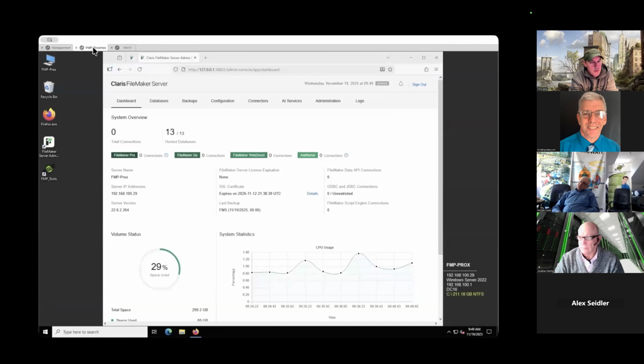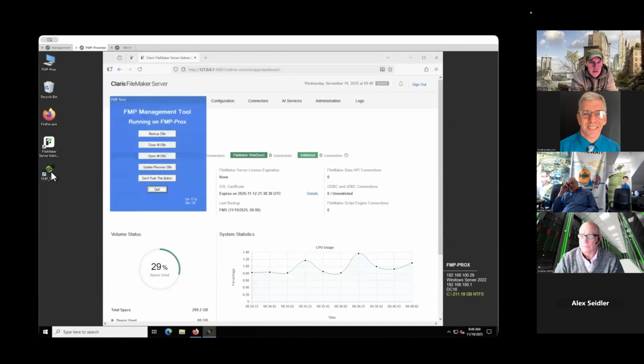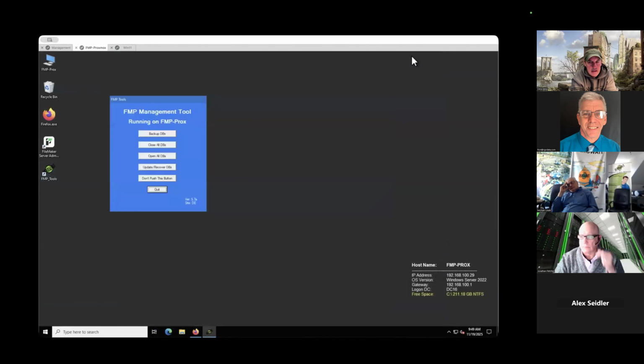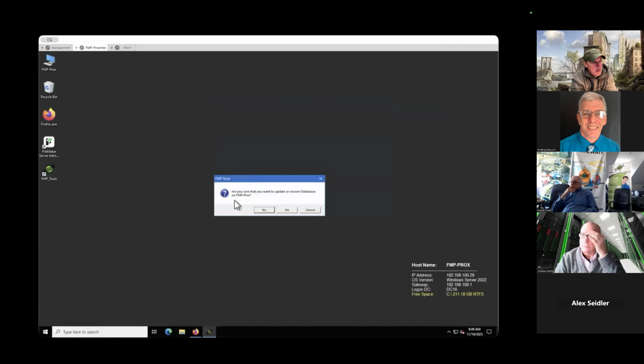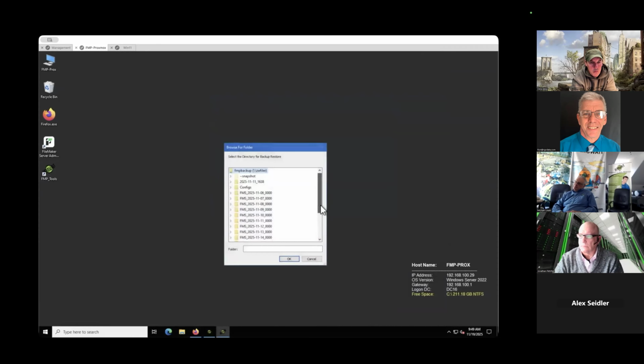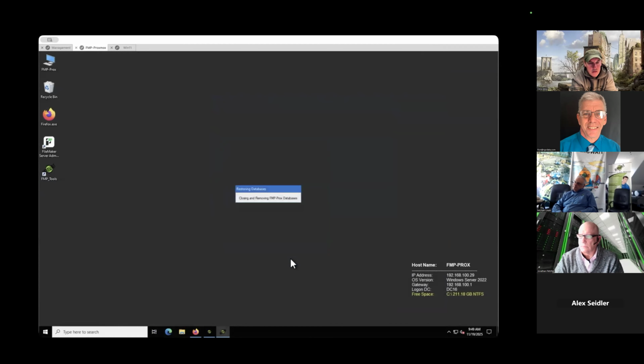So we're going to go back to our FileMaker server. We're going to open up our F&P Tools app. As soon as the mouse starts moving, there we go. It's set up so that it displays the server name, which helps validate the system we're about to perform a restore on. It's also site aware, so that if we're in our DR facility, it uses the replicant backups. So here we're going to say, yes, we really want to do this. We're going to choose one of the backups. We're going to do test FMS.